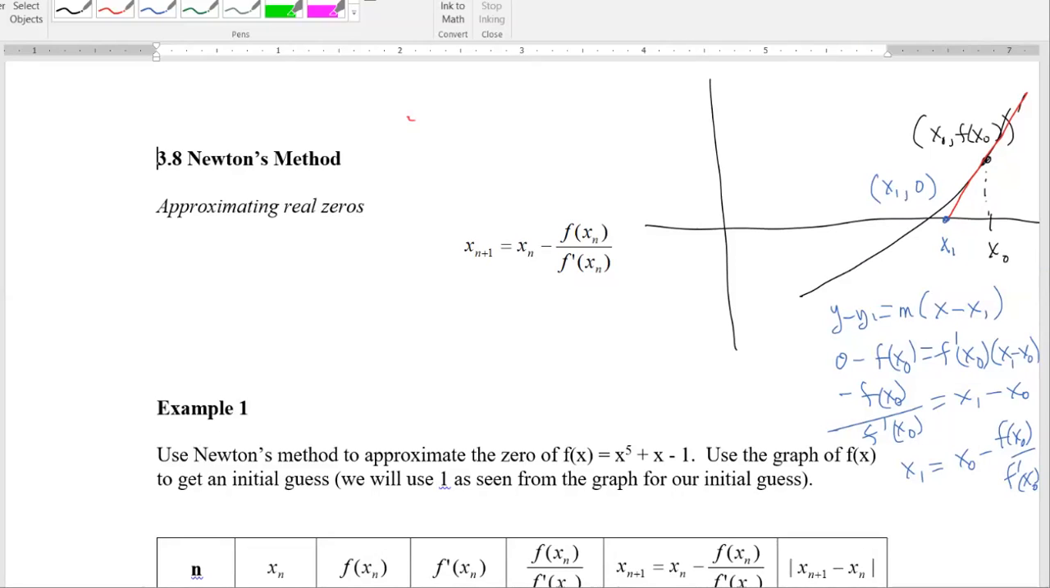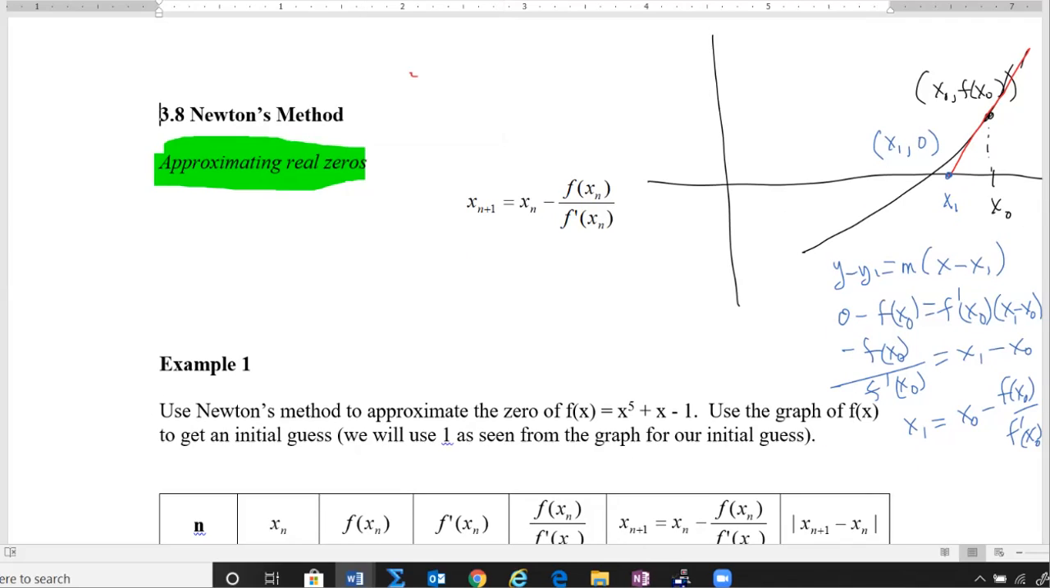Okay, we're going to look at a couple applications here in 3.8 and 3.9. First one is called Newton's method. And it's used to approximate zeros, real zeros for functions. Okay, so let's go ahead and